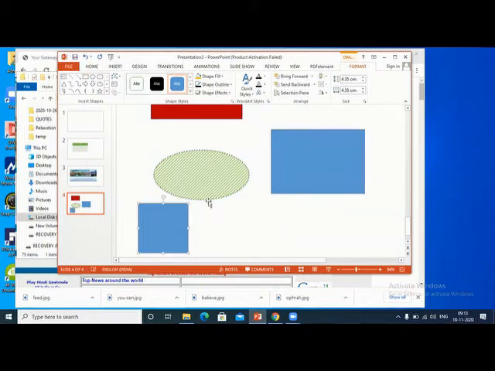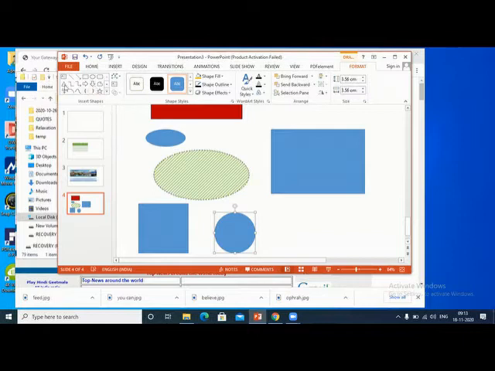You have to press shift, then draw. Same way, you see here this ellipse, you cannot draw a circle like this. So again, you press the shift, select ellipse, press shift and draw. Okay, so you have to press the shift button to get square or circle.